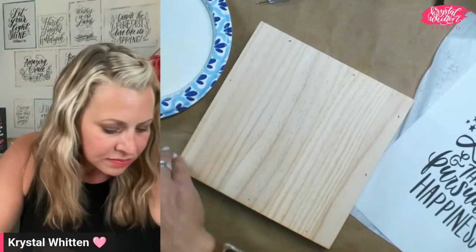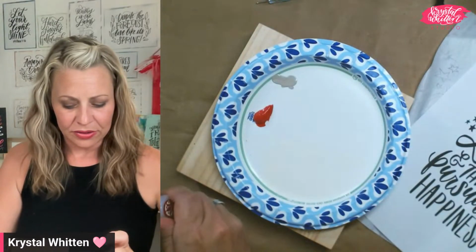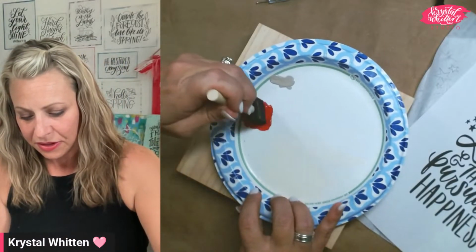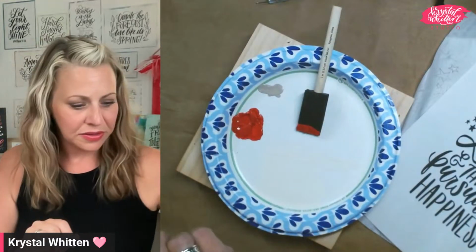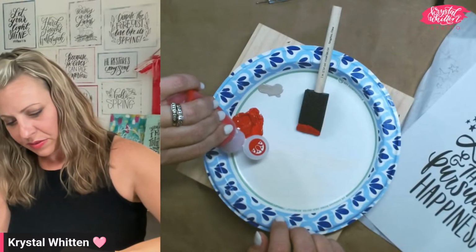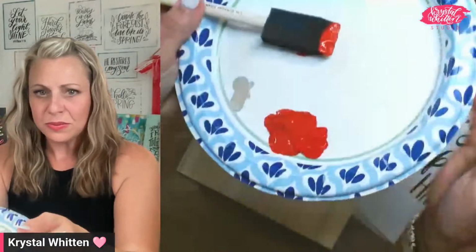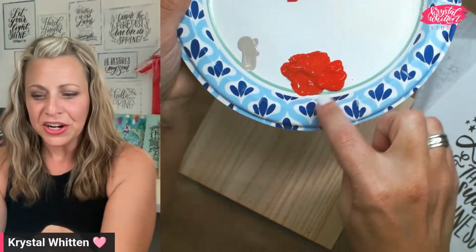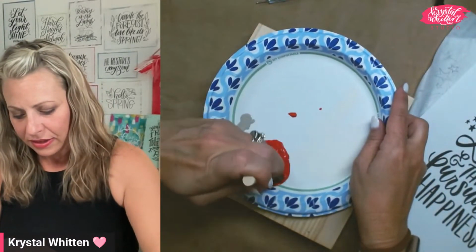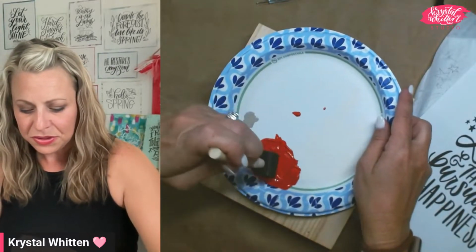This one actually, it's kind of muddy looking now that I see it on the plate. It's not quite as red as I thought. So we'll see if we need to, you know what? I think I'm going to mix in a little bit of this apple red. It looked like a really nice Christmassy red, but then whenever I got it on there, you probably can't see the difference, but apple red is much brighter, and Christmas red is a little bit more muddy looking. It's got like a little bit of brown mixed in maybe. So we'll just mix those two colors together